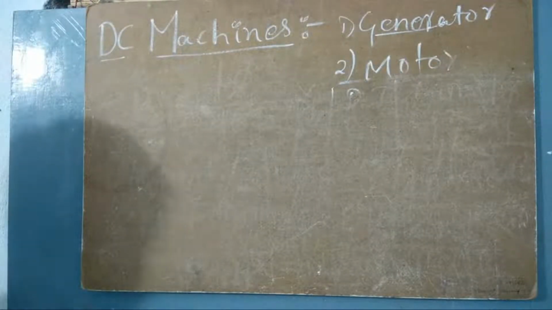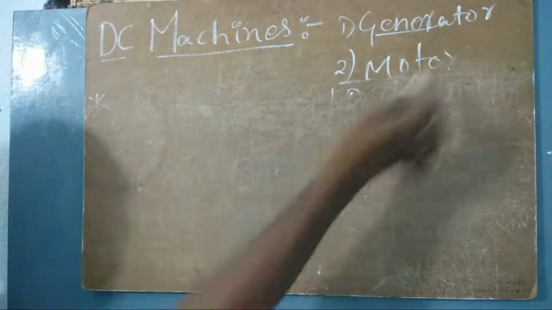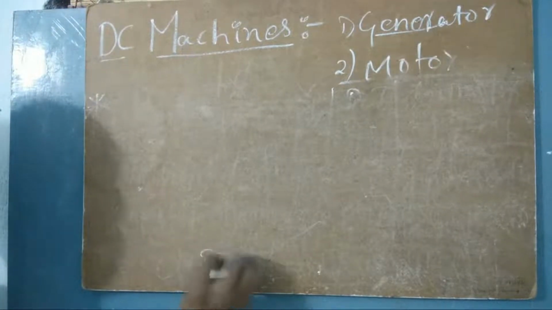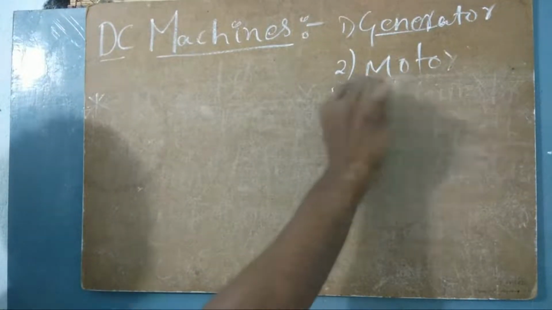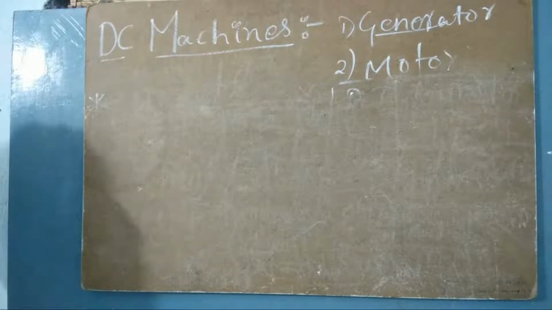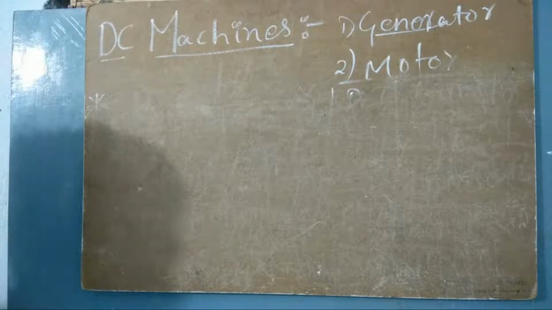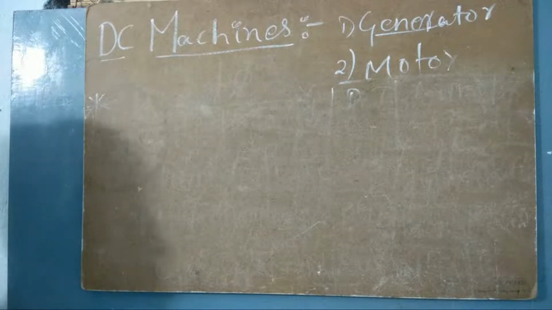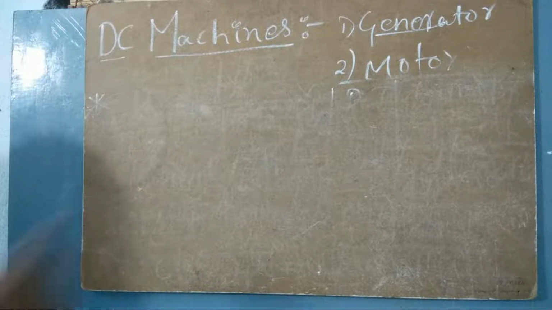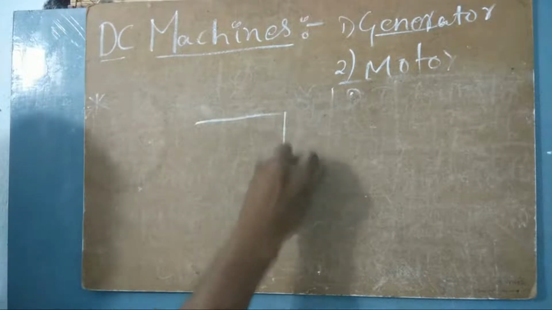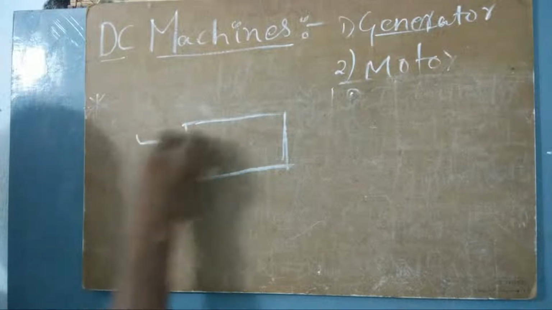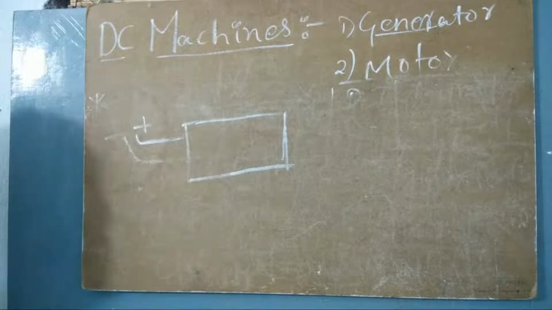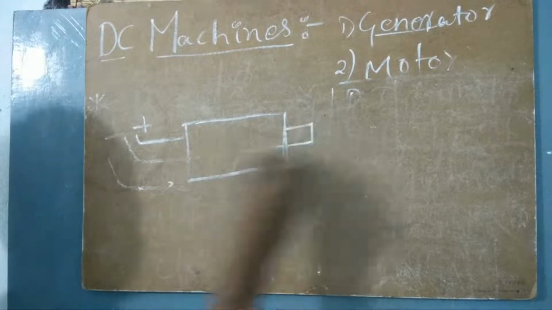Let us understand the motoring function also, because we have seen the generator and derived the equation of the simple loop generator. We are going deep into it, but before that, let us understand the motoring operation. What happens when this motor is given a certain voltage? As you know, a motor takes some electrical input and gives us some mechanical output.